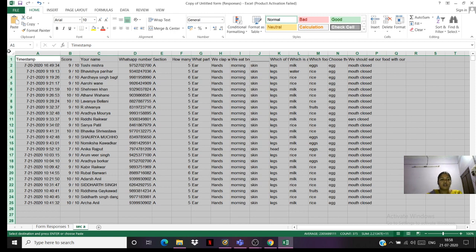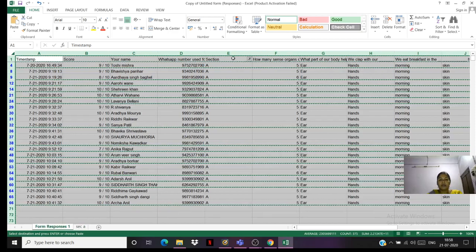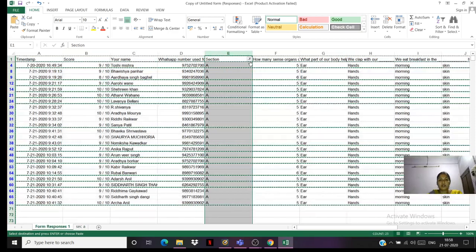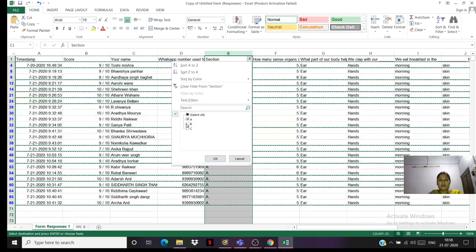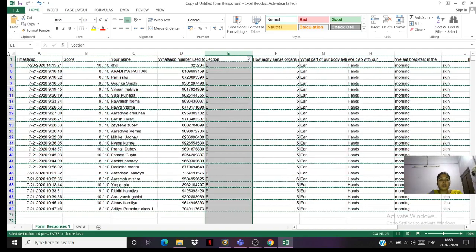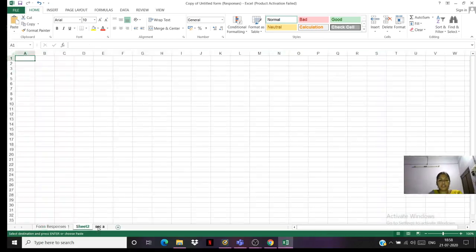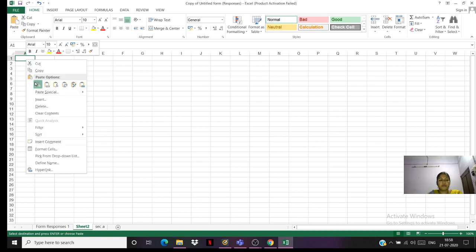Same way I can do it for B section. Again go to form response, select section, select B section only, click OK, select, press plus icon, sheet 2 is there, paste there.